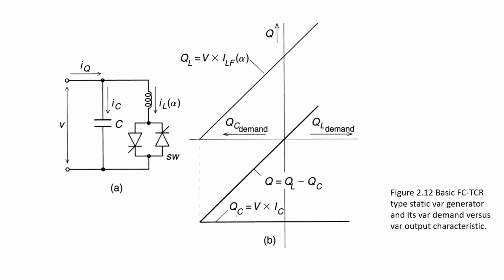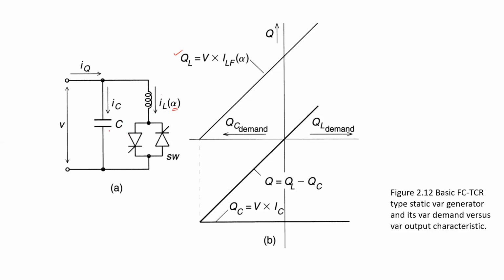This is the total capacitance reactive power QC, which is equal to V multiplied by IC. Since the capacitor is permanently connected, it is fixed. Whereas the reactive power of the reactor is a function of current, and the current in the reactor depends upon the thyristor, that is, on the firing angle. If the firing angle increases, the current in the reactor decreases. Again, as the firing angle increases, the current in the reactor decreases, and the effective compensation